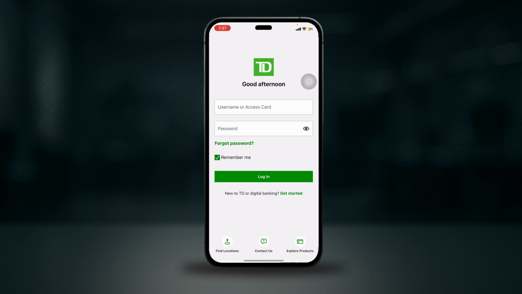Then after reinstalling it, open it and log in again and allow all the required permissions when prompted, and that's